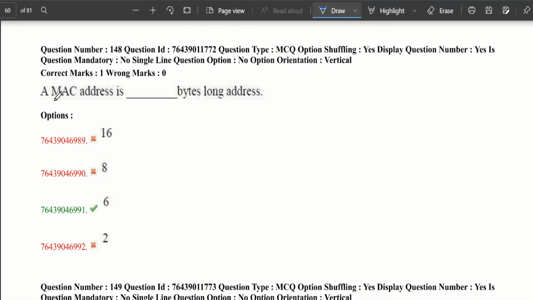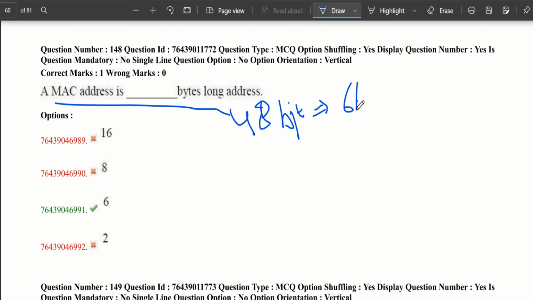MAC stands for Media Access Control address. It consists of 48 bits. When it is converted into bytes, it becomes 6 bytes. So the answer is 6 bytes. Next time, it may ask the number of bits, so be perfect with this.